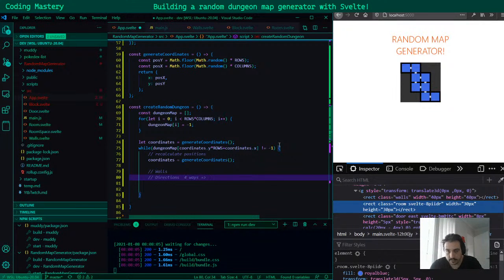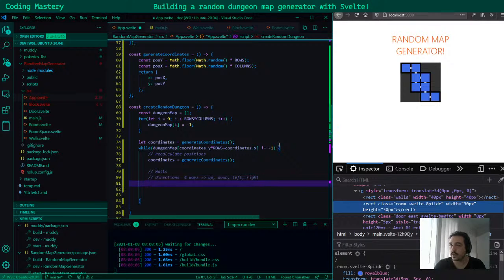So this is actually 4 ways. What is going to happen is basically saying, okay, I can go up, I can go down, I can go left, or I can go right. So what it means basically is that your array, on the dungeon